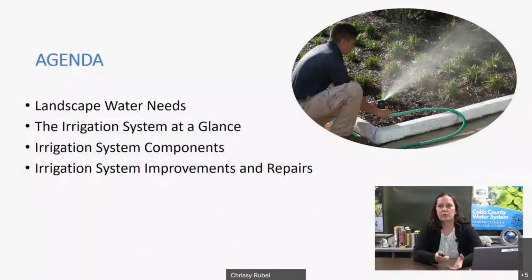So what are we going to do today? Our agenda for today is we're going to be covering some landscape watering needs, like what might your landscape need and how might you be watering it? And we're going to be looking at your irrigation system at a glance, some common problems that you might have, what's in your irrigation system. A lot of people don't even know that. The different types of components that make up your irrigation system, some improvements that you might want to make to your irrigation system, as well as some repairs that can help make that system as efficient as possible and